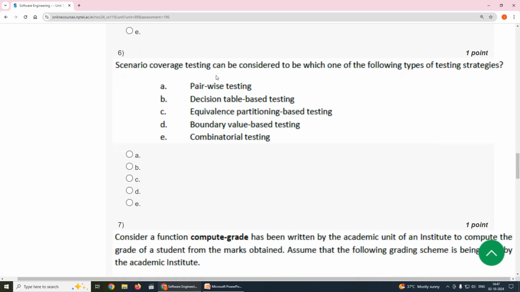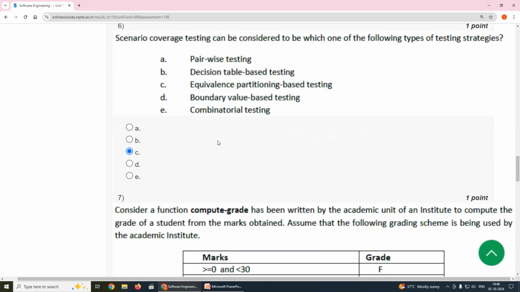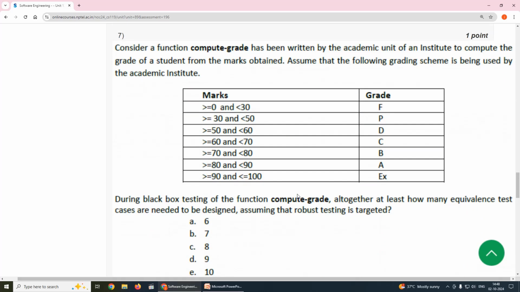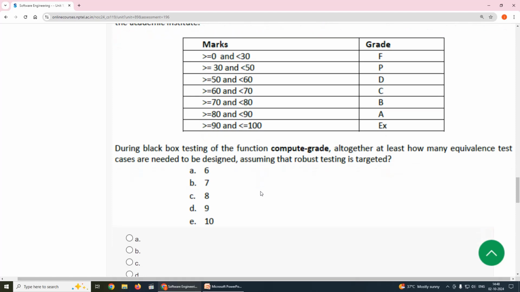Sixth one, scenario coverage testing can be considered to be which one of the following types of testing strategies? Our suggestion is equivalence partitioning based testing, option C. Seventh one is similar to the fifth one. So according to us, the suggestion for the seventh one is option E,